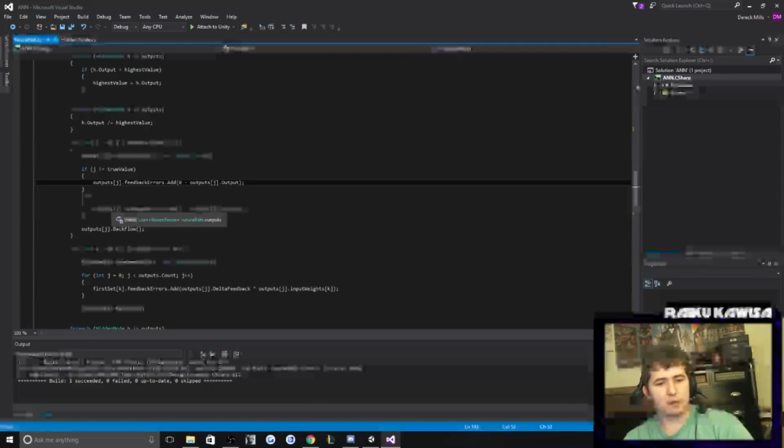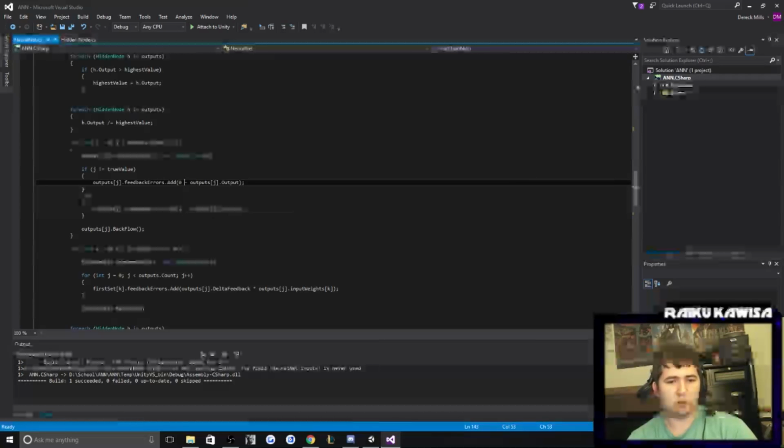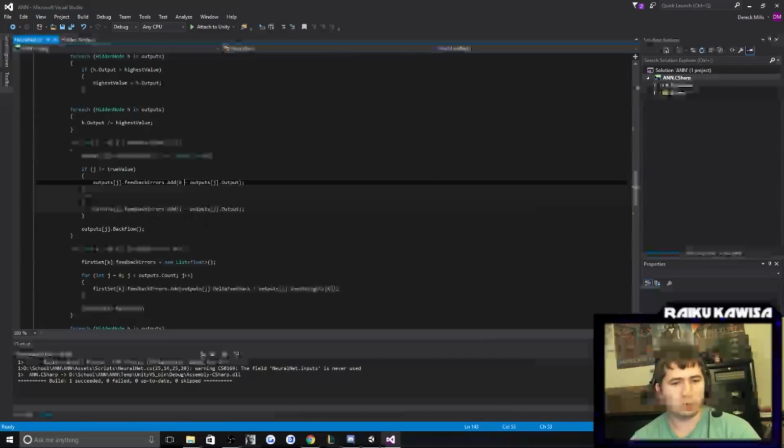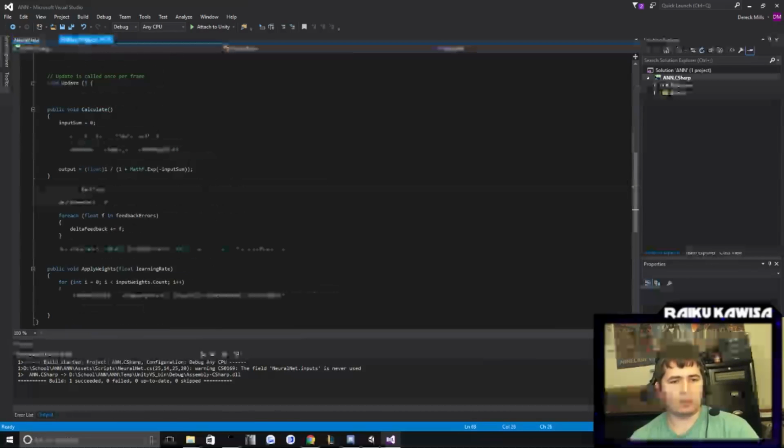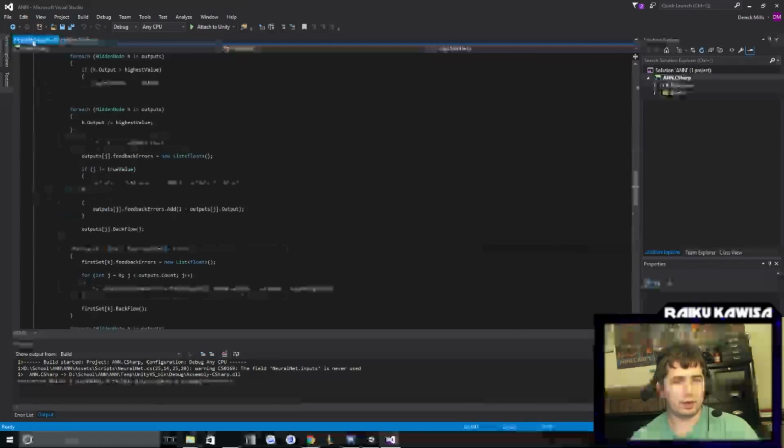If it is the right location, it will feed back 1 minus this, and because it was normalized to be 1, this will return a positive value that is less than 1. At that point, it will start doing the backflow function. The backflow function will zero out the delta feedback, and then for every float in feedback errors, which we have assigned here,